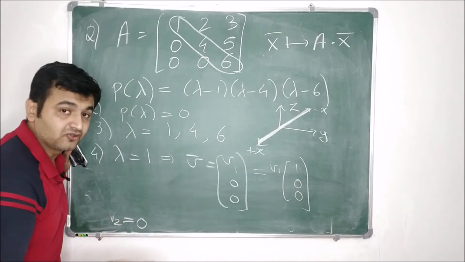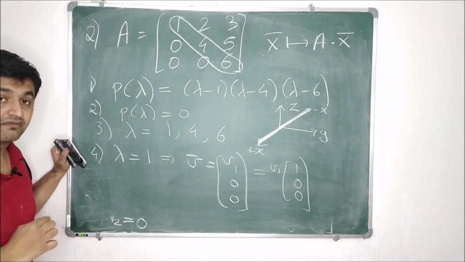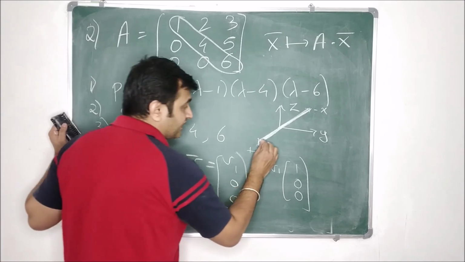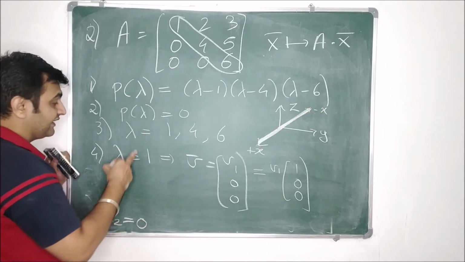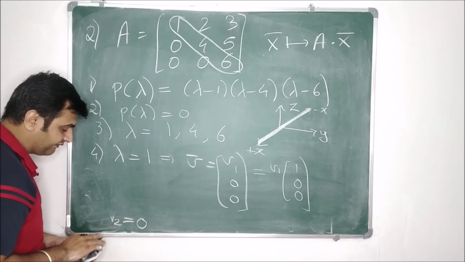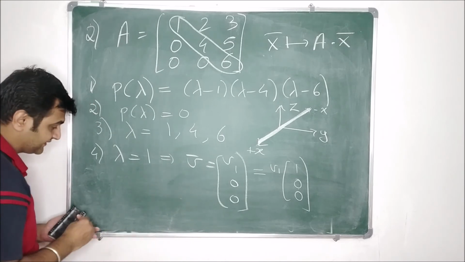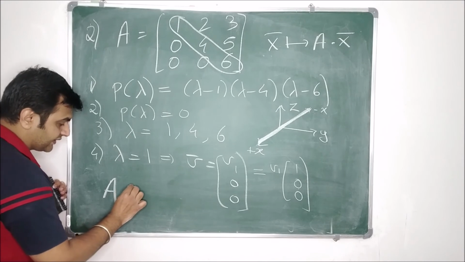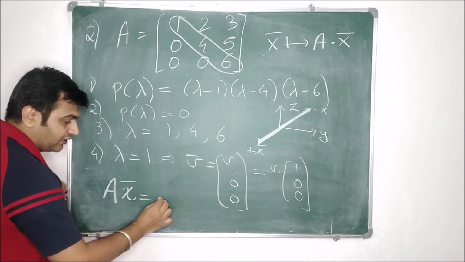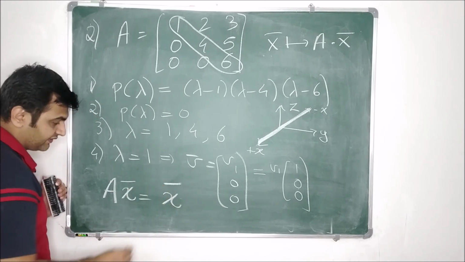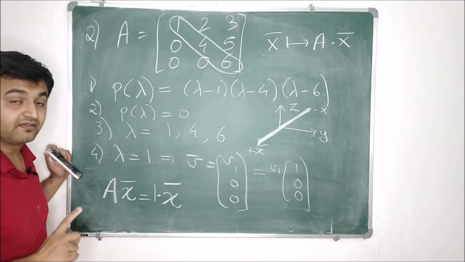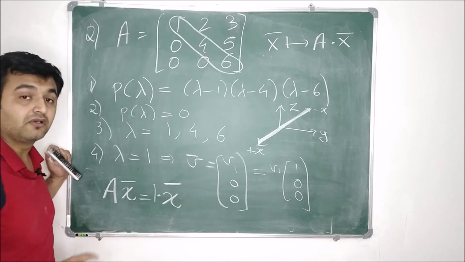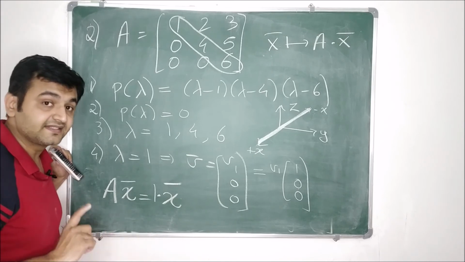Okay. So under this transformation, from R3 to R3, if you have a linear transformation, then the vectors on the x-axis will be the same thing because the eigenvalue is 1. So if you take any vector on the x-axis, A times any vector on the x-axis is what? The same vector, that is 1 times v. So that's how the vectors on the x-axis will behave, because for lambda equal to 1, vectors on the x-axis are acting as the eigenvectors.